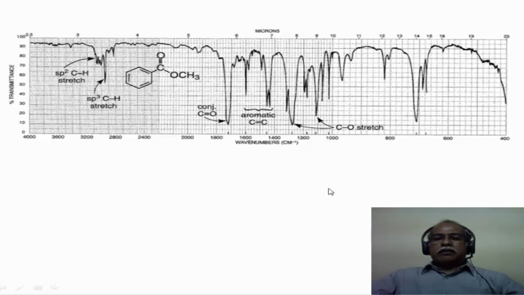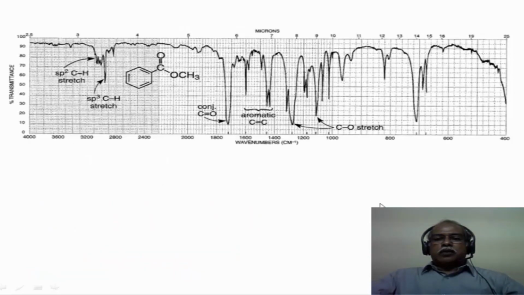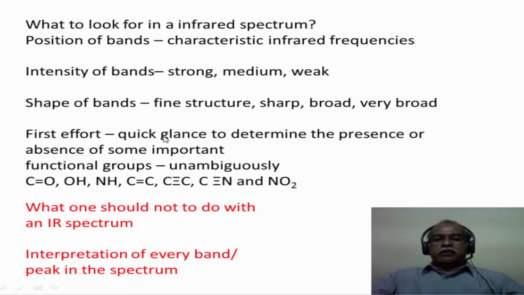So the type of band in terms of the intensity or the strength of the band is important. The shape of the band is important, whether it has a fine structure, whether it is very sharp or very broad. This needs to be very clearly defined. In these cases, this is a fairly broad band, whereas this is a sharp band, and one has to look for the kind of patterns that one can expect for certain kinds of transitions in the infrared region by looking at the shape of the bands. We will see some of these aspects in a little more detail when we actually go into the functional group problems.